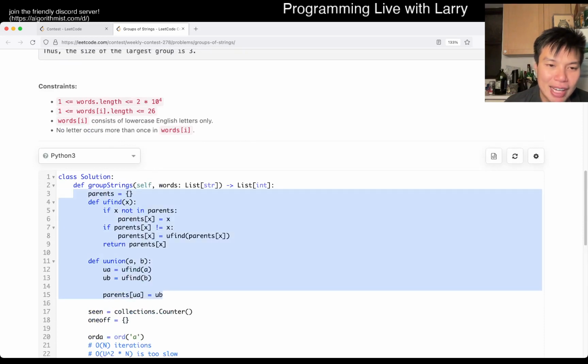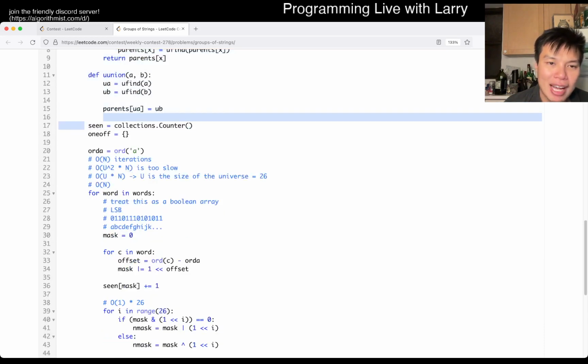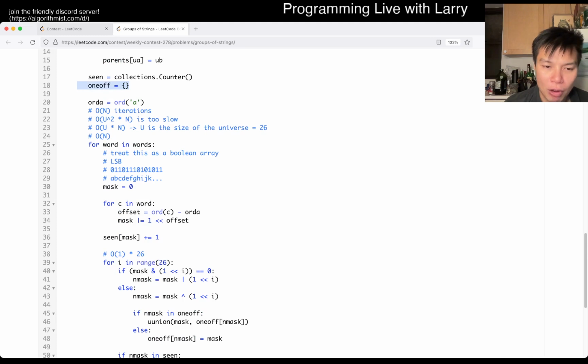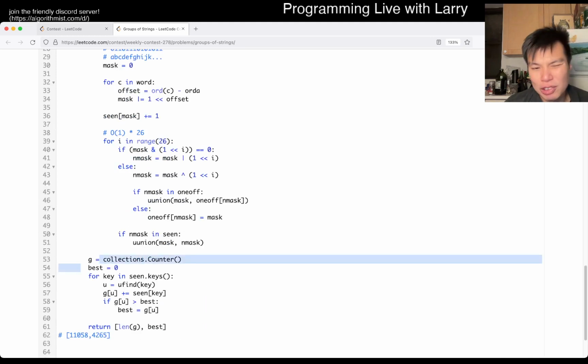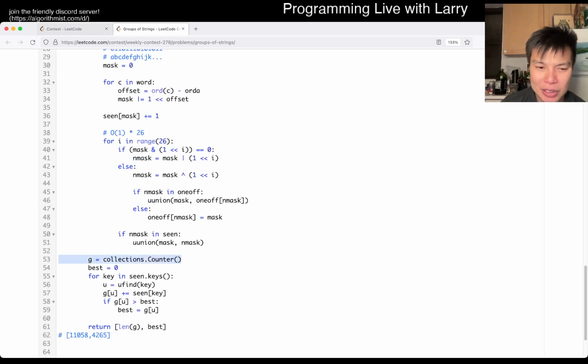Because you have the union find here. Seen will be at most O of n, and one off will be at most O of n. Yeah, and this is also O of n at most, because if they're all disjoint, for example, in time and space. So yeah,